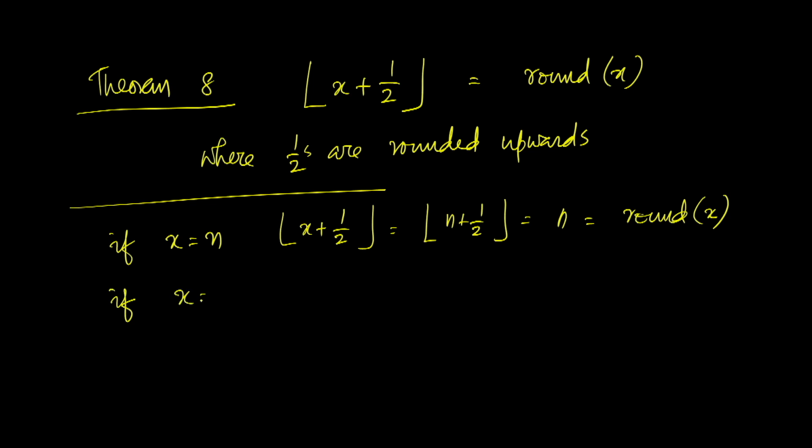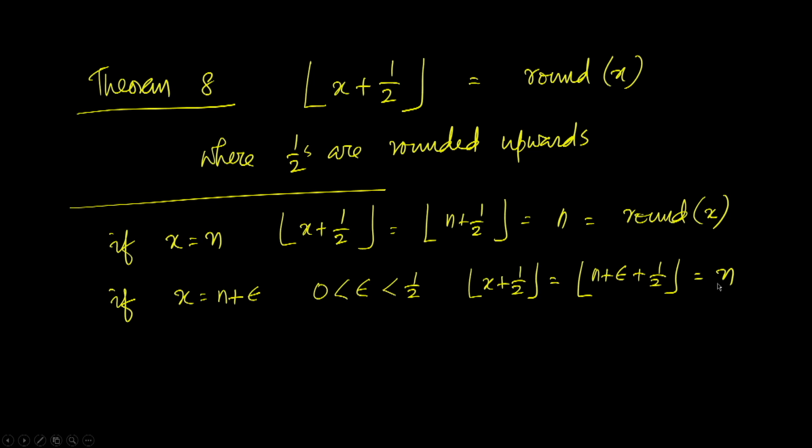If x is n plus epsilon, where epsilon is greater than 0 but less than half, then floor of x plus half is the floor of n plus epsilon plus half, which is n. Epsilon is less than half, so epsilon plus half together will not make up 1, so the floor here is n, which is the same as round of x. Since epsilon is not large enough, the round function will not